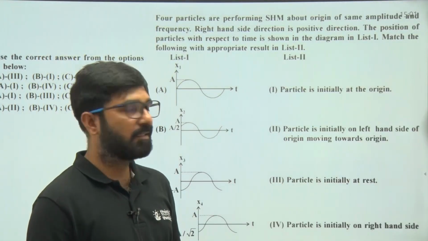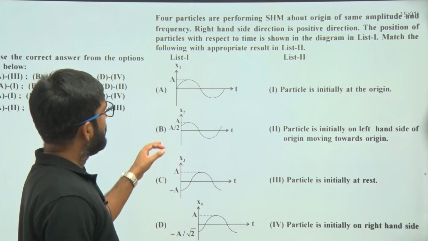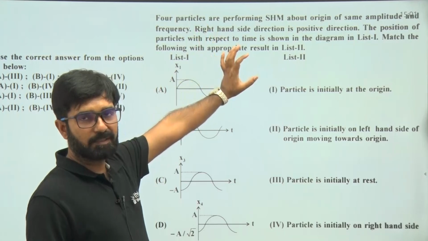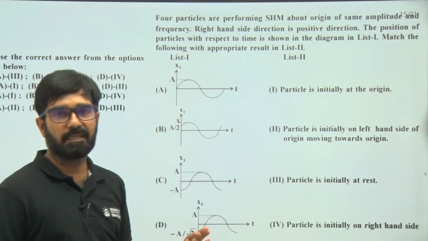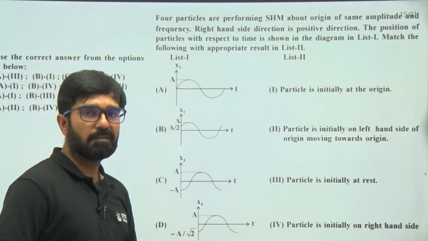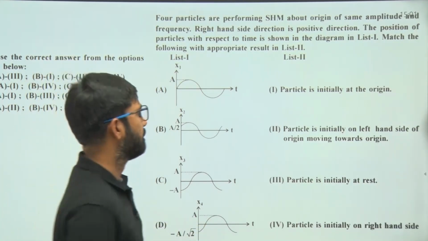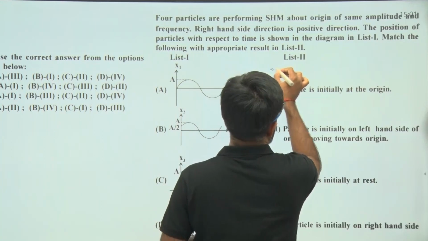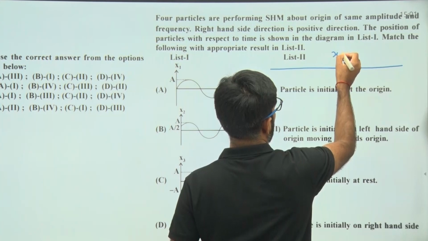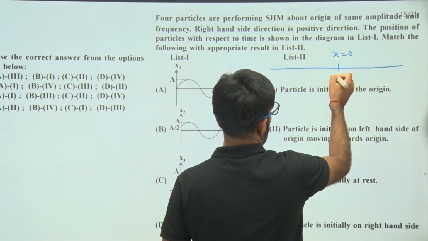My dear students, in this question it is given that there are 4 particles performing SHM. Amplitude of each SHM is A and the mean position is also the same for all particles, and it is given as origin. Okay, if we represent this, suppose this is x equal to 0, that means this will represent the mean